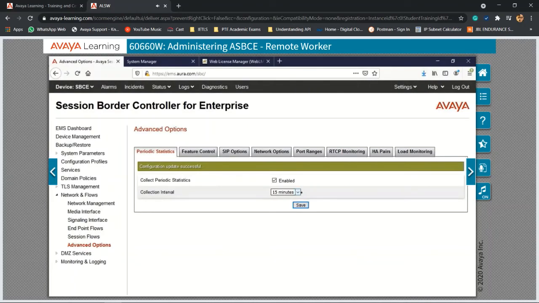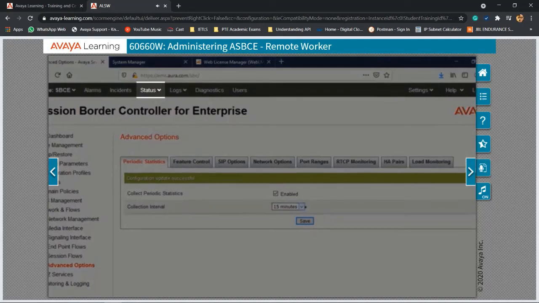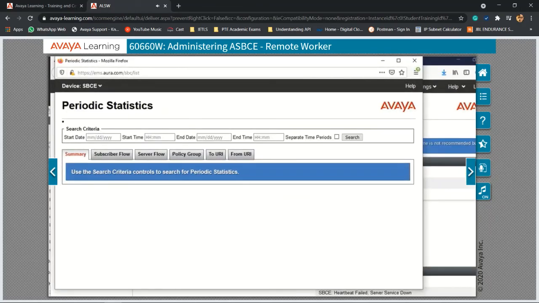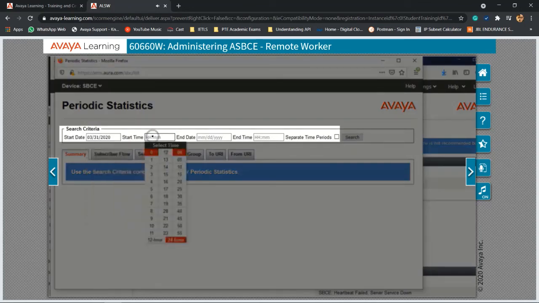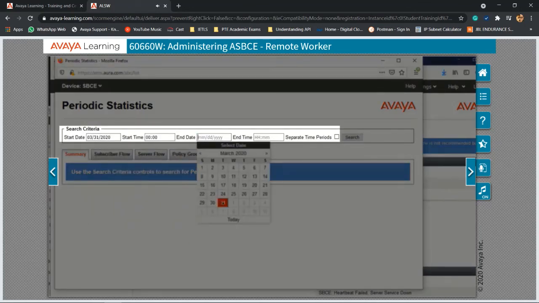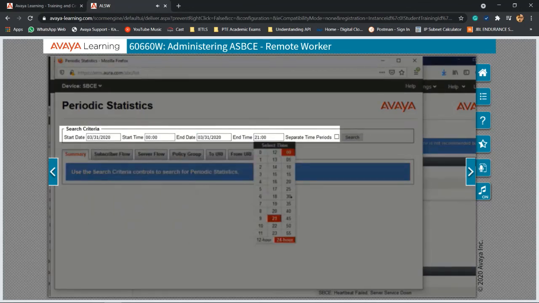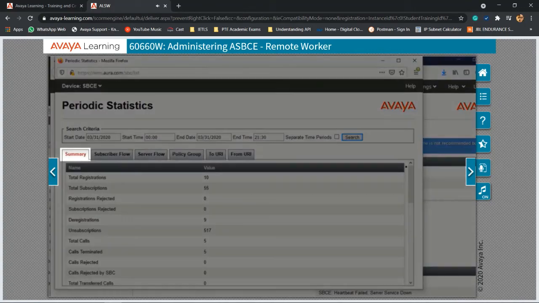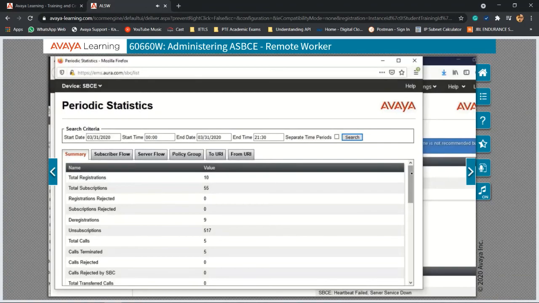To access the Periodic Statistics Report, click on Status on the top menu and select Periodic Statistics. Periodic Statistics Report displays historical call data. First, select a time period to display and click on Search. The Summary tab provides data on the total number of remote worker registrations and subscriptions to